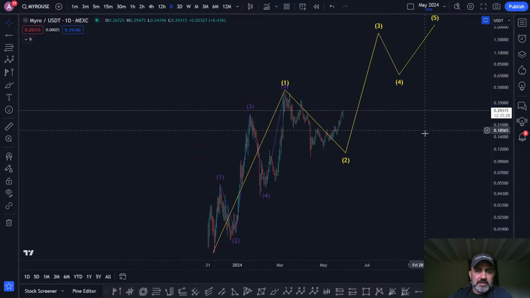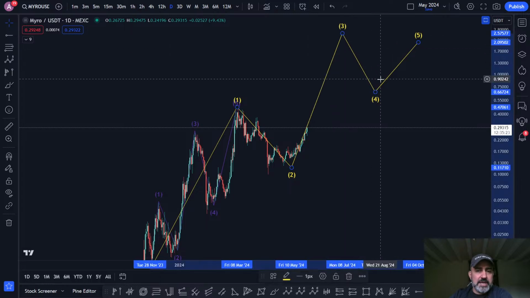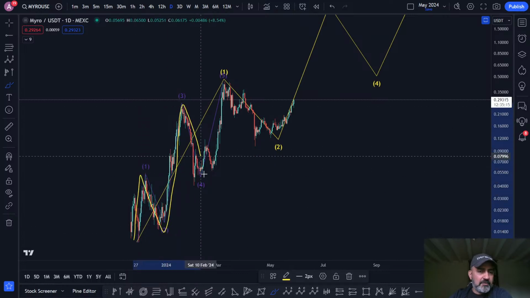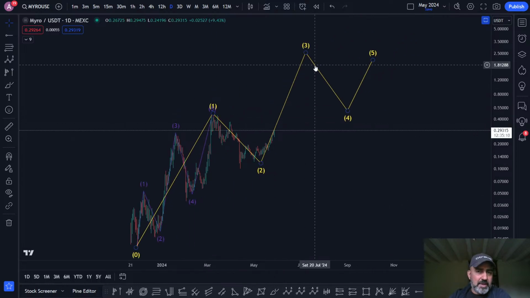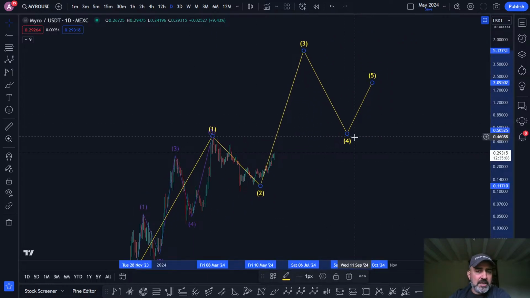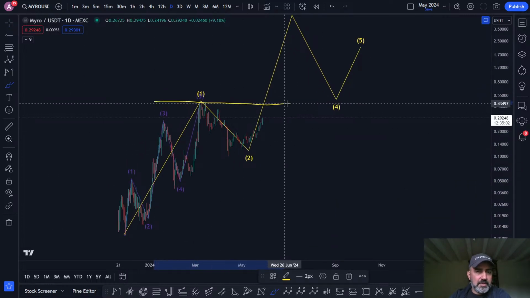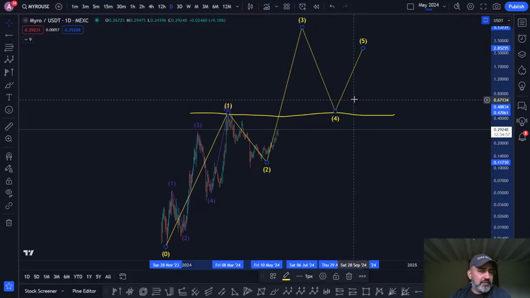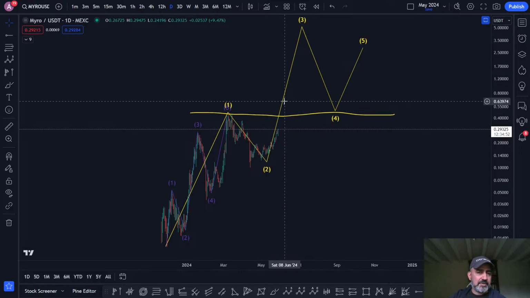But look, now what we can do is start trying to predict the future. If that is the top of our wave one, why is that wave one? Because you have 1, 2, 3, 4, 5. Then we know that the next impulsive wave, if it's a wave 3, we know that the 4 cannot come underneath the 1. See that? So we have these rules which help us to find good places to buy and sell based on the way that the waves are moving and the counting of the waves.